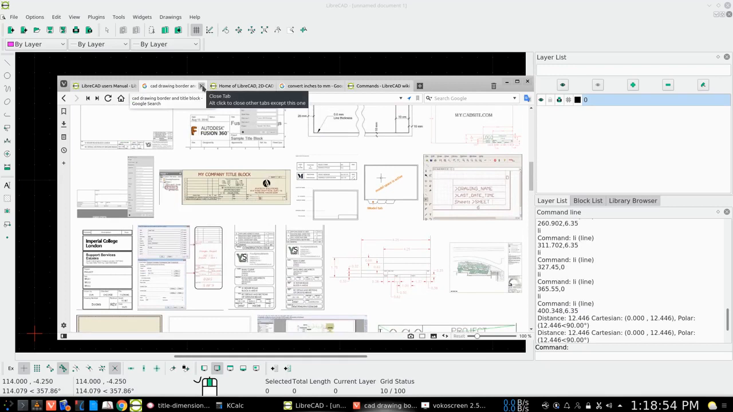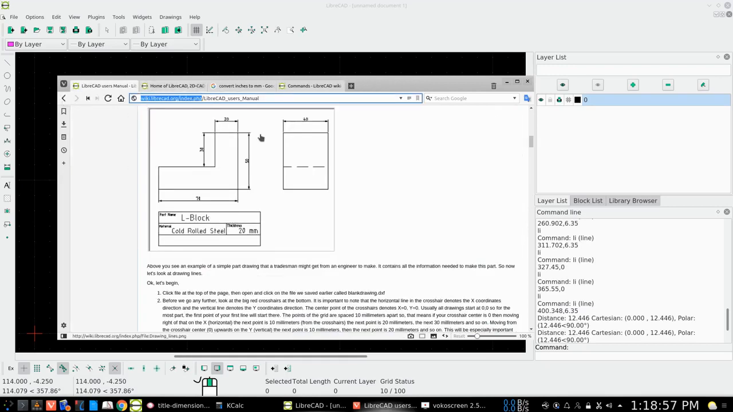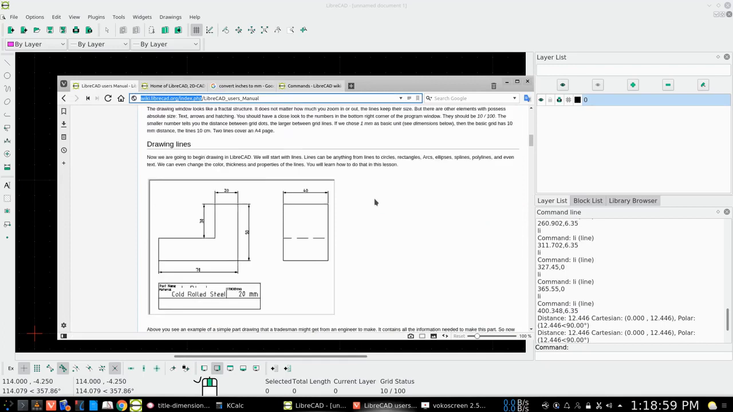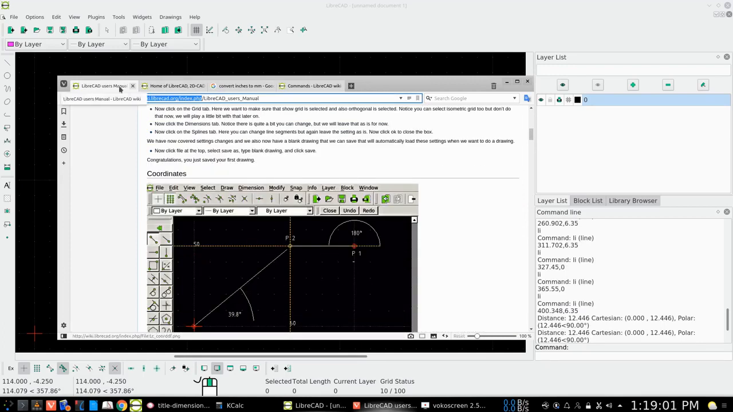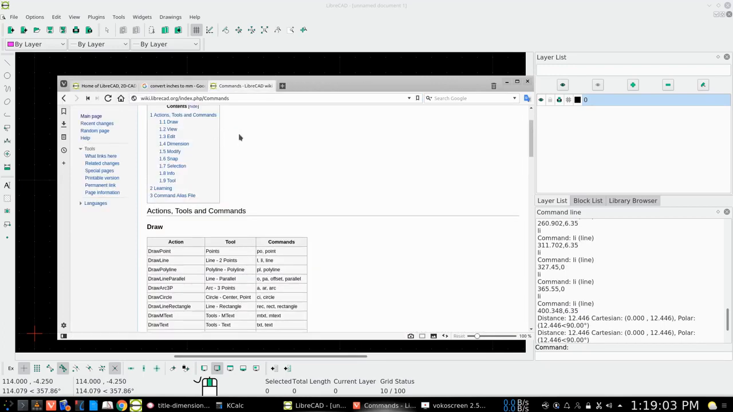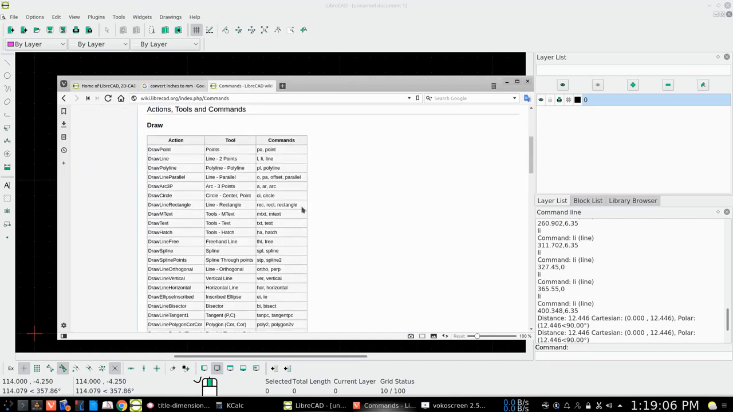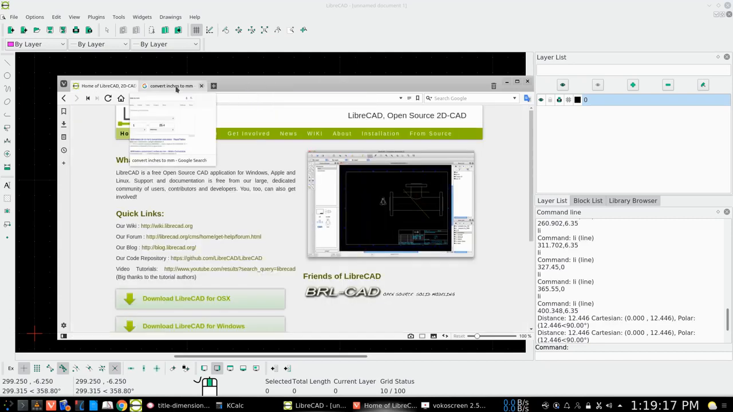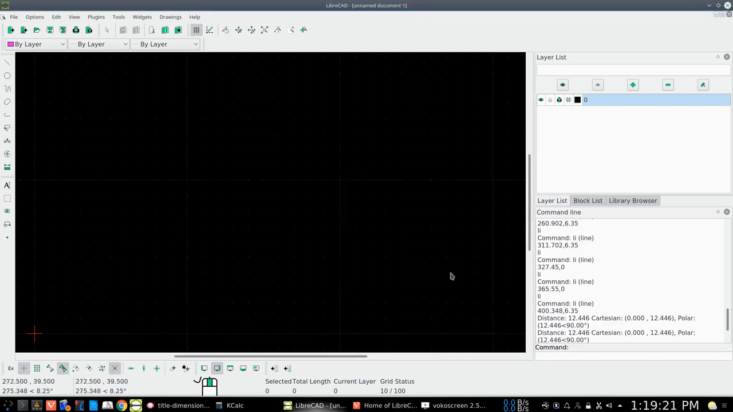Okay? So let's just get rid of that, and get rid of that. And do check out the command line so that you know how to enter commands here. It's much quicker and more accurate than using the mouse all the time. Okay, so let's get started with that. And if we want 5 millimeters from the edge of the paper to our border,